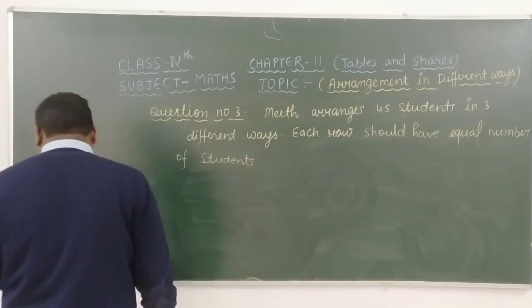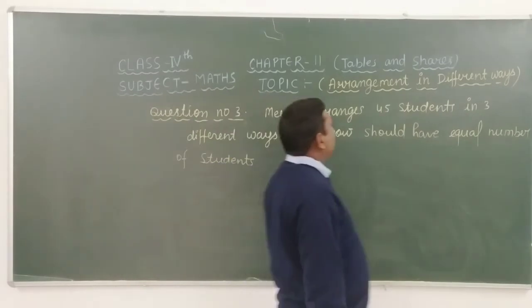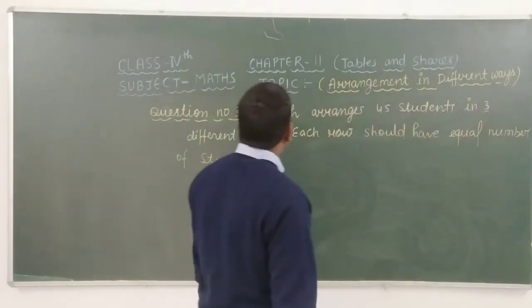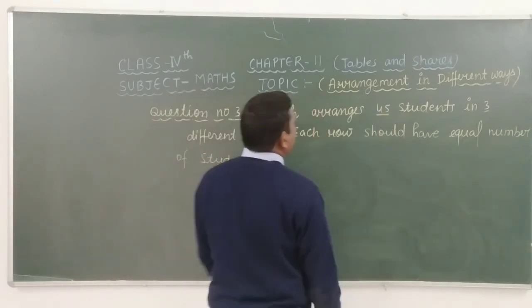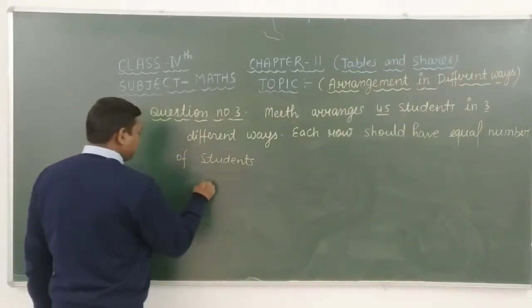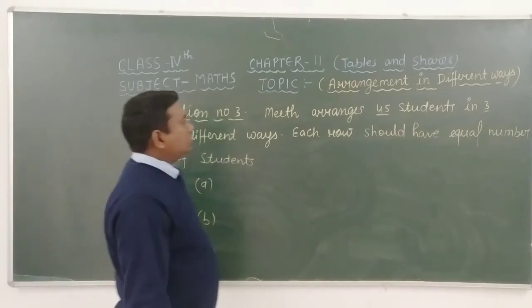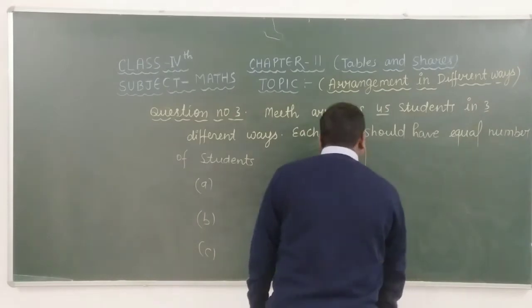Equal number of students. Okay students, look here carefully. In this question, the total number of ways is 3 different ways, and the total number of students is 45. Therefore, we have to take factors of 45. Okay students, and we know that